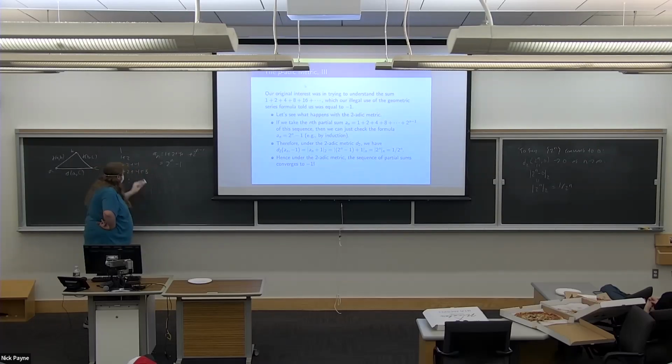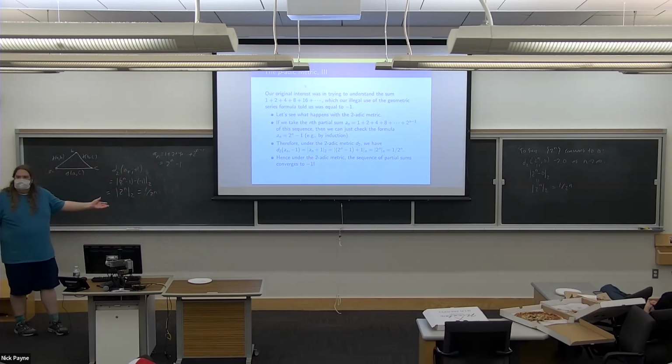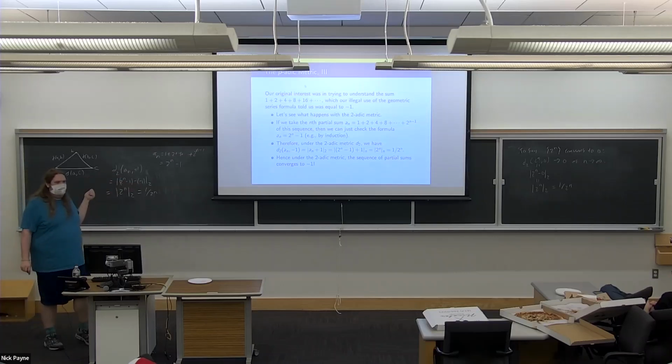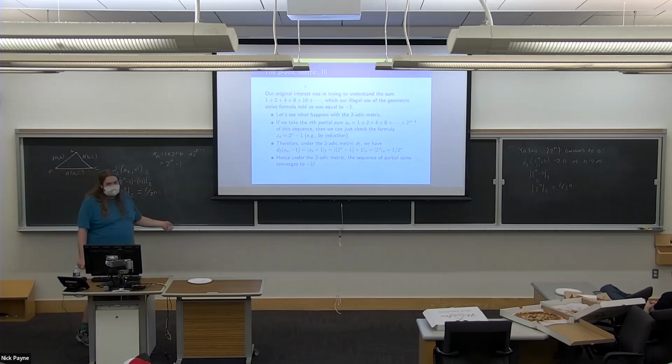Okay. All right, so here's a_n. Now I claim that they converge to -1. So what's the distance between a_n and -1? It's the 2-adic distance, 2 to the n minus 1, minus -1. That's the absolute value of 2 to the n again, which goes to 0. I just took that whole thing and shifted it by -1. These are powers of 2 minus 1. So, isn't that great? This sequence of partial sums converges to -1.